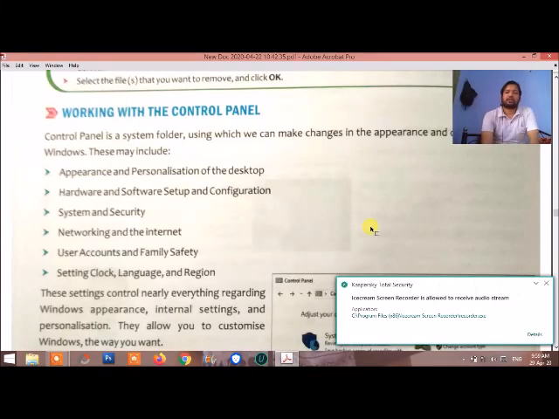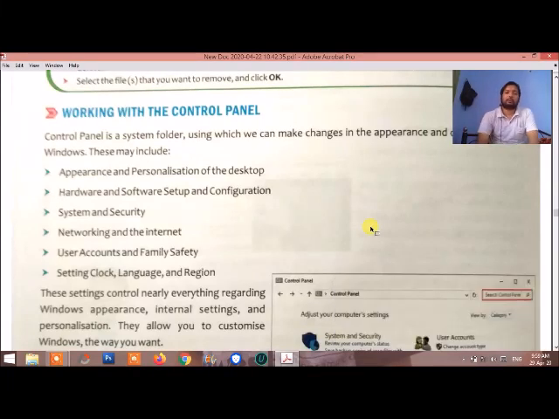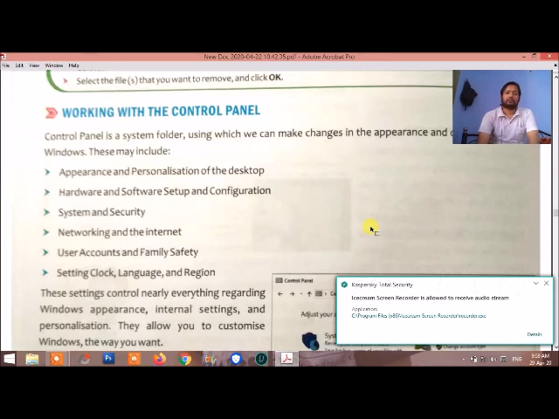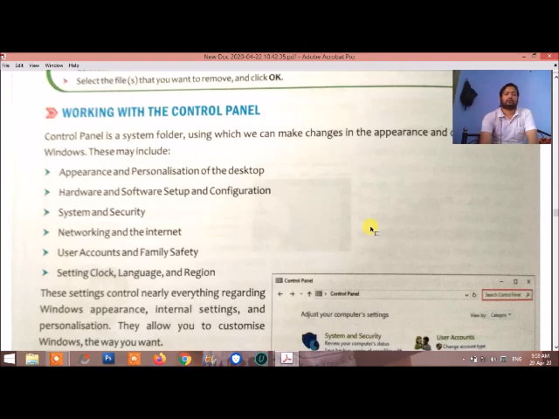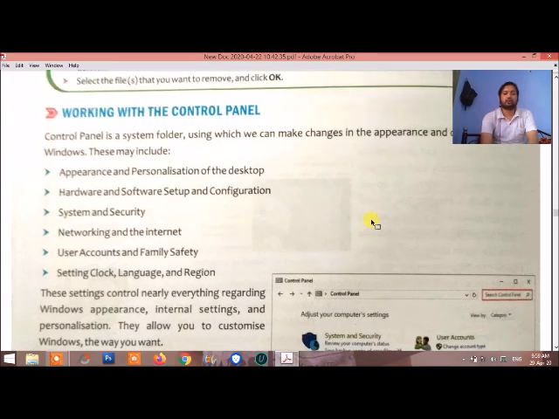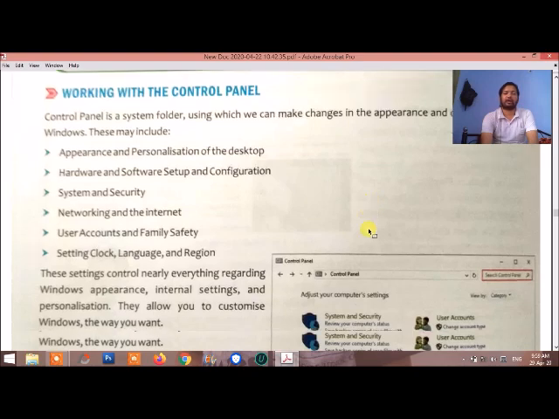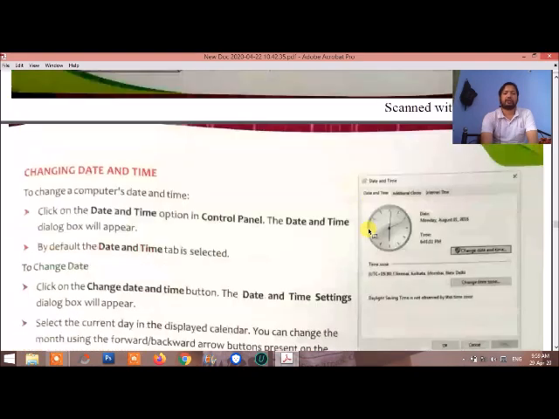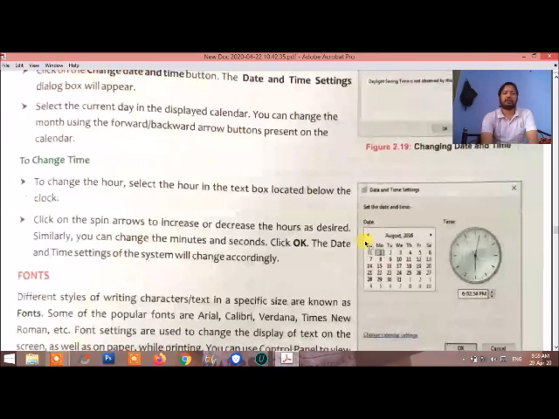Discuss the third part of the control panel, which means that in chapter 2 we are working on the control panel. The control panel is a panel which is used to control all the parts of the computer related to the hardware and software. First, we are going to discuss the font.